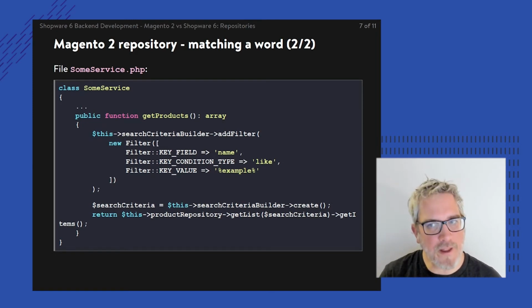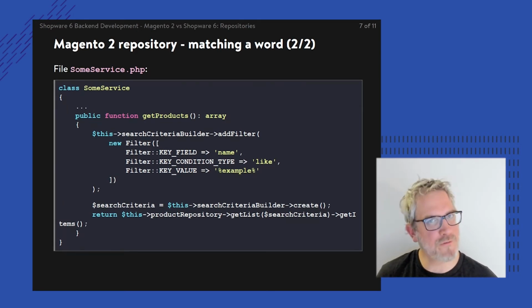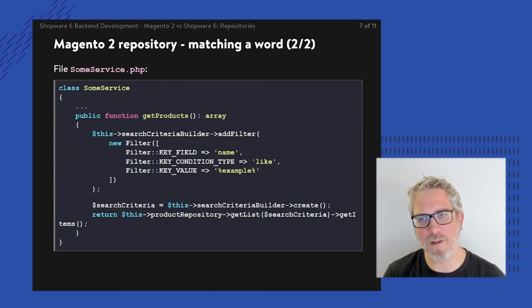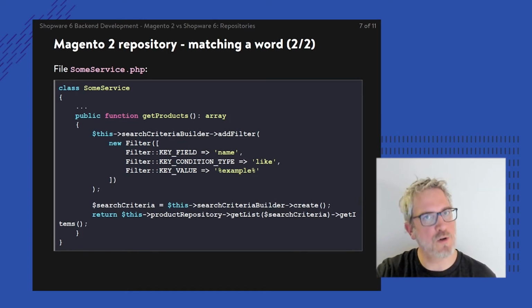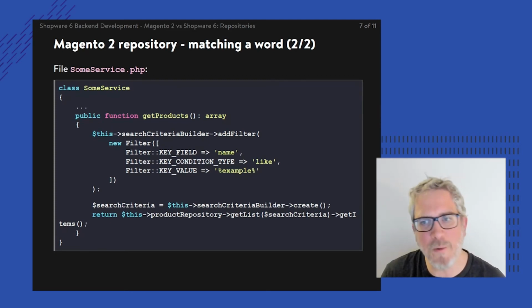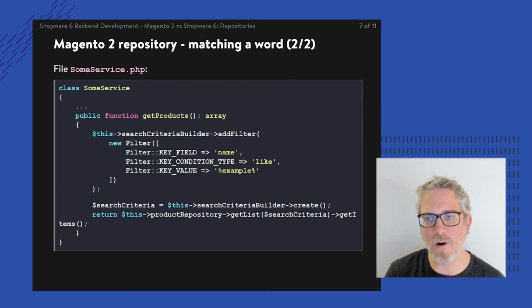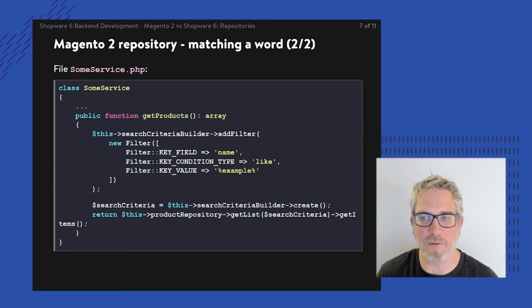Now, the filter that we use here is being constructed with the keyword new, filter. Some people say that the keyword new is forbidden in Magento code. If you think that way, then you need to build this filter by injecting a filter factory as well. That adds a third dependency on top of the existing two. But it's a little bit up to you whether you want to do that using a filter factory or by just calling new filter.